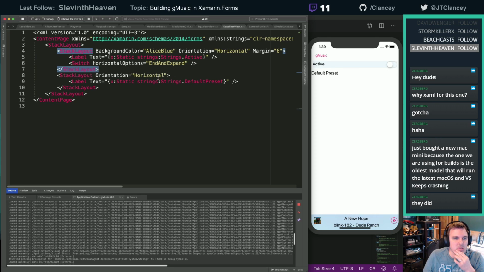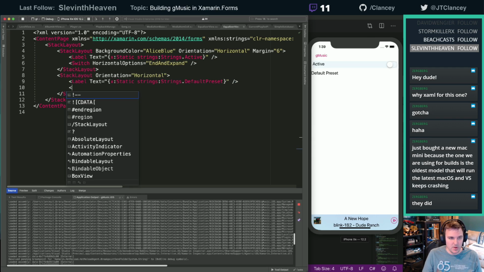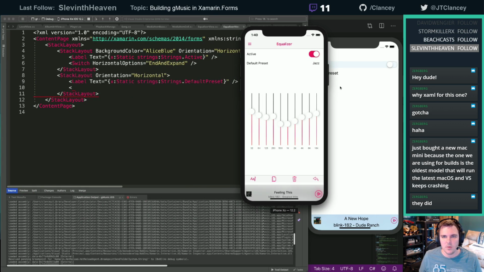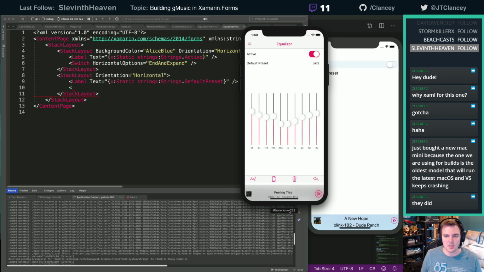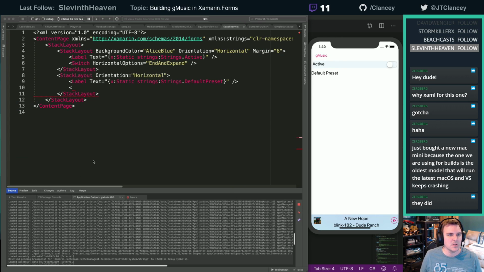Okay, perfect. And then we'll be doing the same thing here. This is going to be a label for now, but we're going to need to change this into a button. And that button is going to be the picker. So not sure how we're going to do that control yet. If I bring this other one back, this is a picker. So we're going to have to do that still. When you tap on that, we present the thing and it updates based off what the current one is. For now, let's just give it a button.